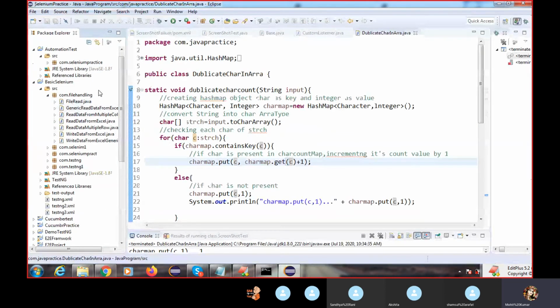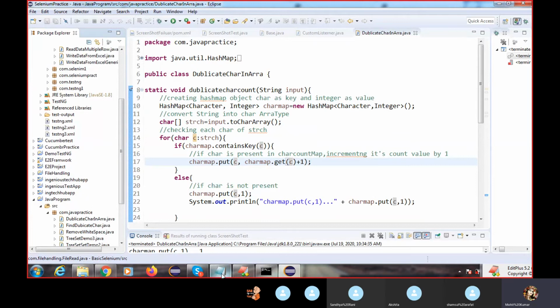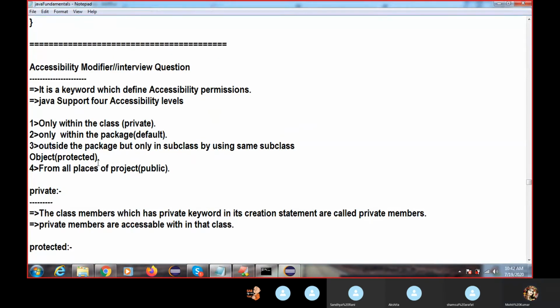So if you are using protected, you can access the subclass inside this other package, only the subclass. Got it, right? We can access the subclass inside another package. So this is protected, and this is the interview question.